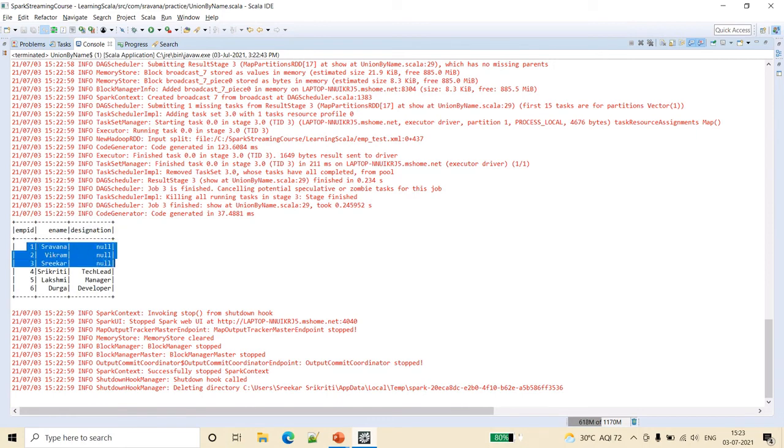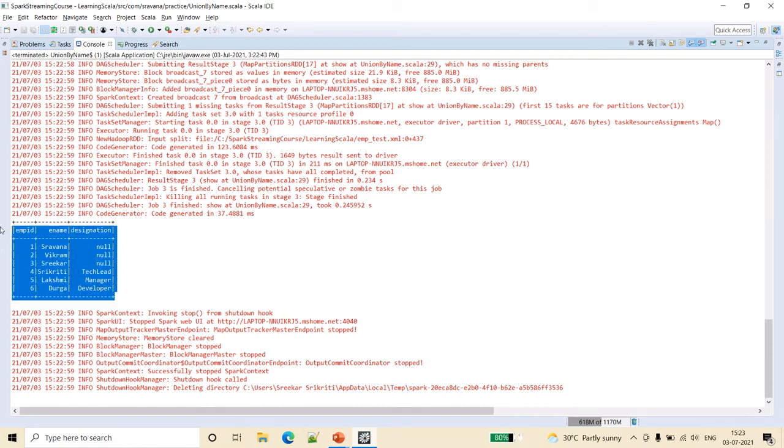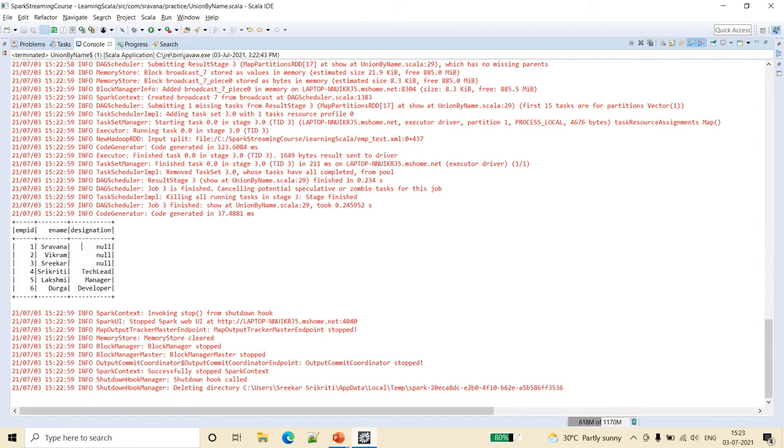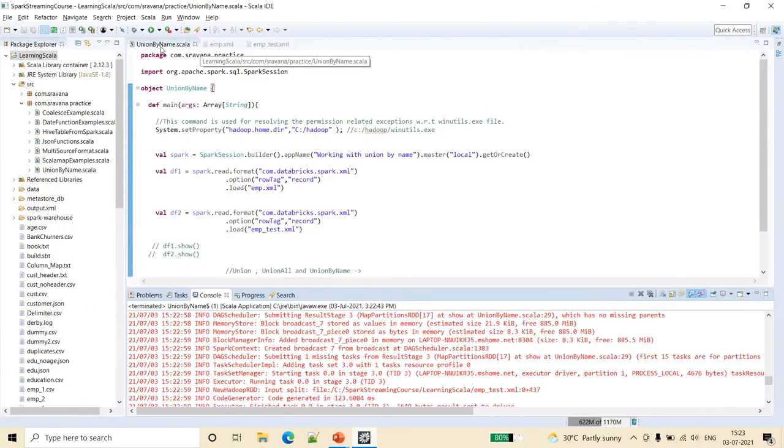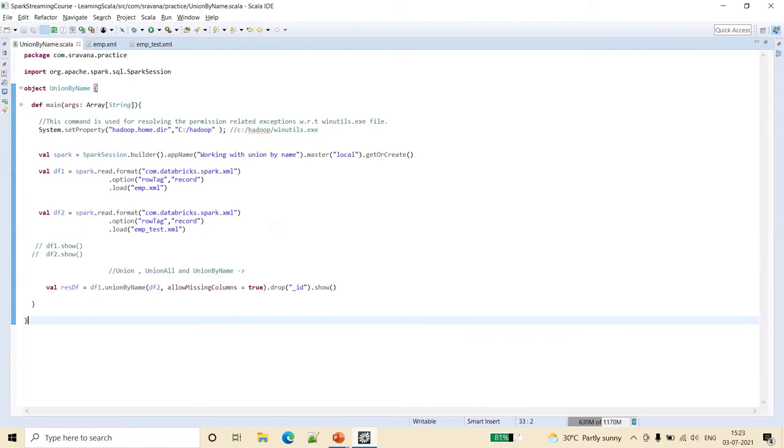See, this is the first data frame wherein the designation is not present, because of that it has substituted the empty values with null, and in the second data frame all the 3 columns are present, and both the data frames are combined. Clear, right friends? So when you have a requirement where you need to combine 2 data frames and there is a mismatch in the number of columns, then you can use the union by name function by adding this extra parameter, allowMissingColumns equal to true.